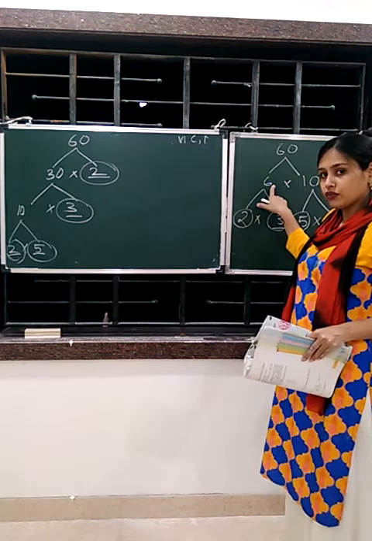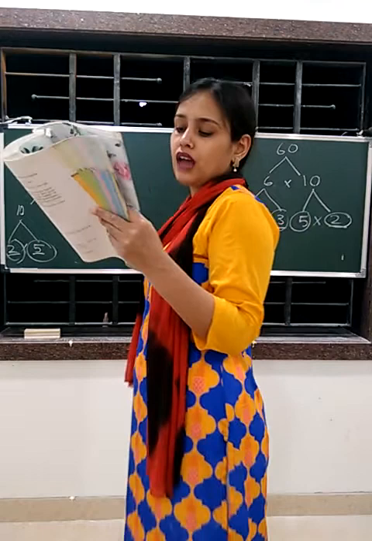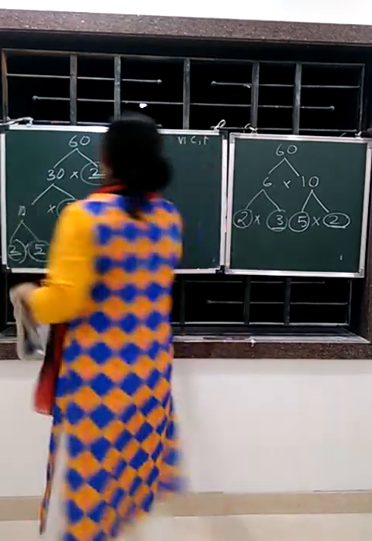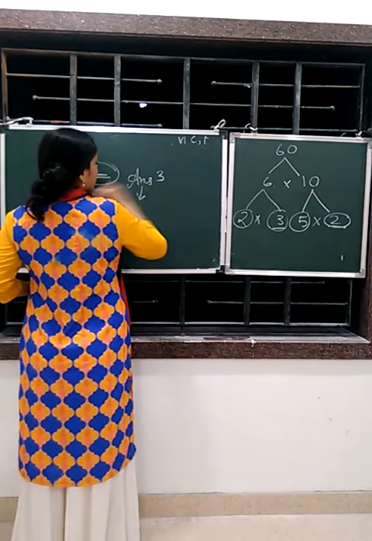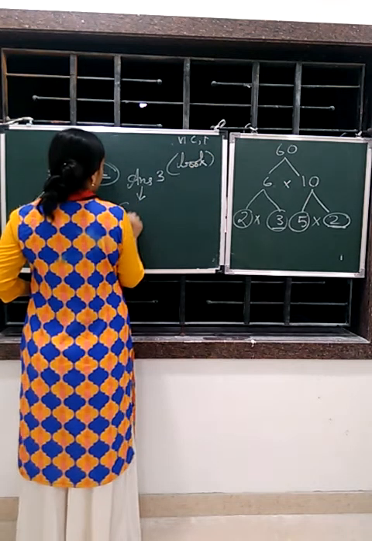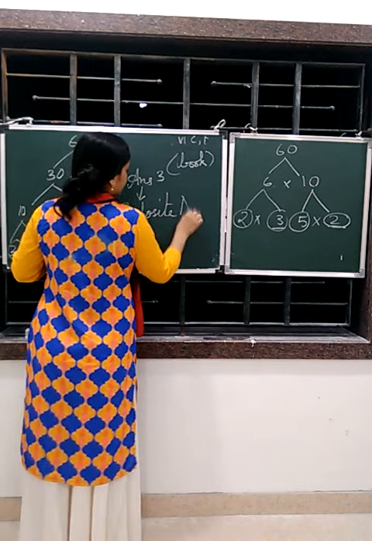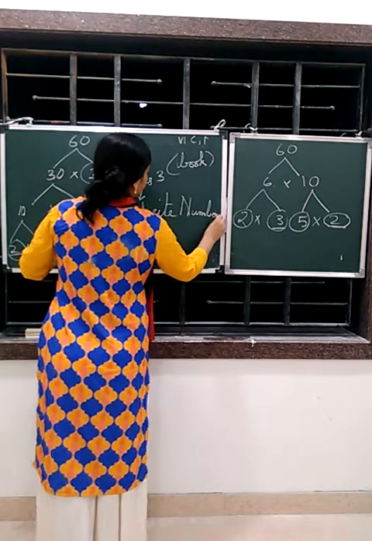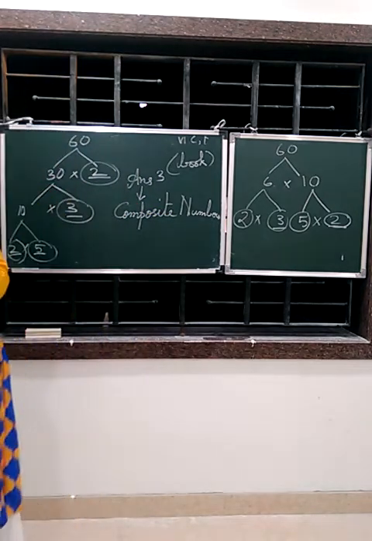So what was it? It was a composite number. So here the answer is, which factors are not included in the prime factorization of a composite number? Answer is composite factors. This is answer number 3. Again in book, you just have to write composite numbers. Question number 4, write the greatest.